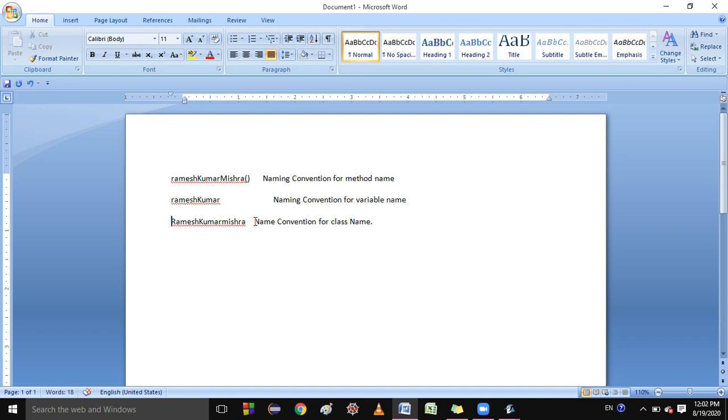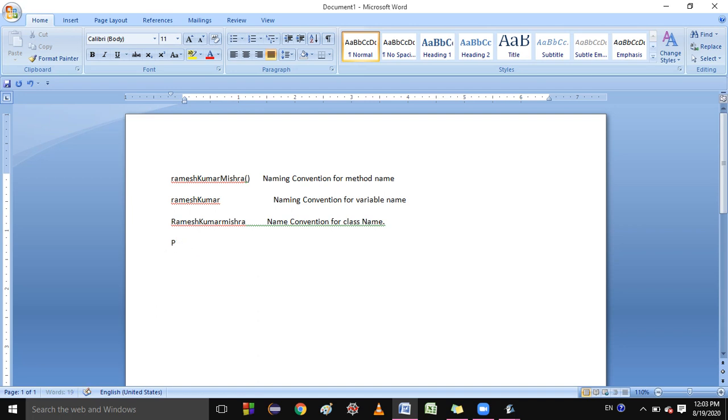Next, which things remain? One more thing in Java is constants. Constants are variables whose value you cannot change. That are the variables already defined by Java. You cannot change it. Like if you write pi, this is an inbuilt constant variable. It has the value 3.14, so you cannot change this value. So these are the constants. All the letters of a constant variable will be in capital letters.